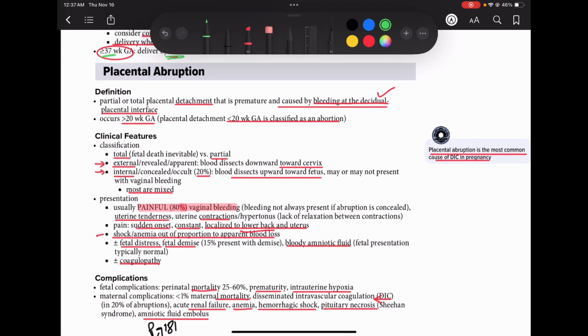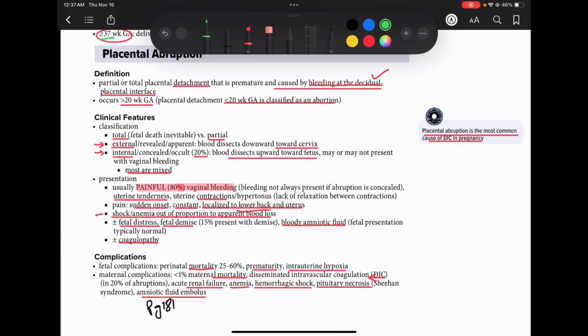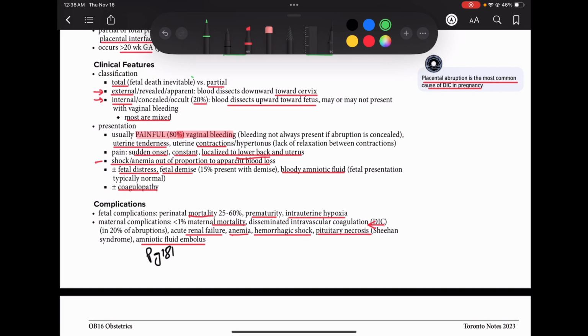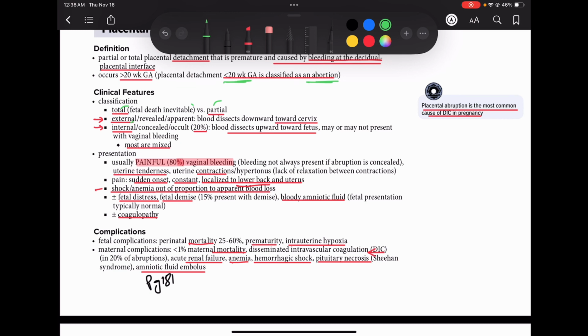Placental abruption is the partial or total premature placental detachment, causing bleeding on the decidual surface. It occurs after 20 weeks of gestation, because if it's less than 20 weeks, we'd call it an abortion. There is a classification: it could be total, partial, or external. So if this is the uterus, and here's the placenta and the baby in the sac, of course this is the sac, okay,